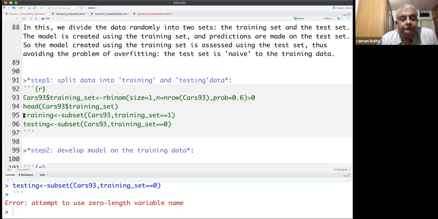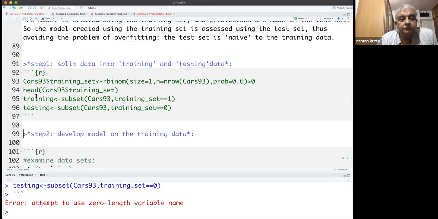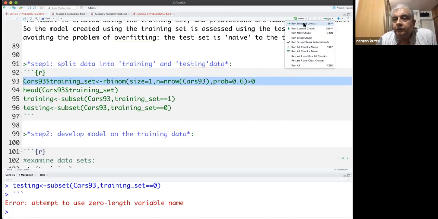And then you can look at this particular... something wrong happened.